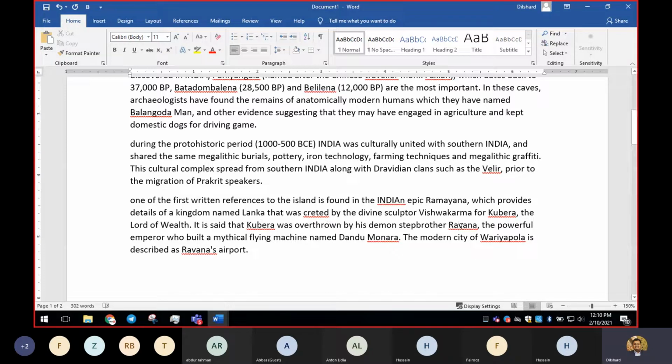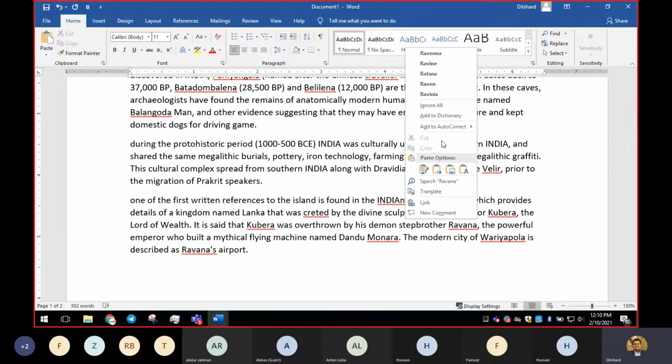So if you need this word to be here, and if the red color underline is disturbing you, you can right click here and select. There are many suggestions they gave from the dictionary, right? I don't think you can replace it with one of these, right? So I'm going to click on ignore all, right?